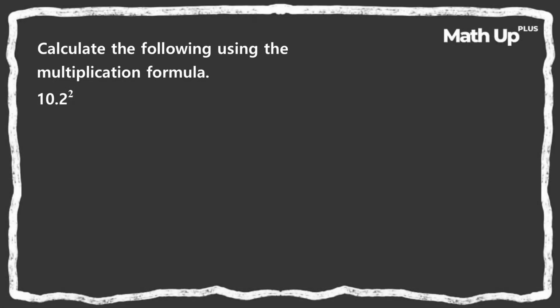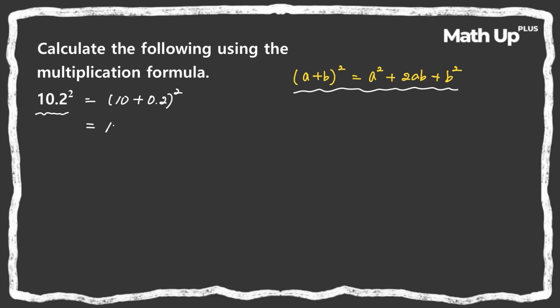The question is to calculate the following using the multiplication formula. We know that (a + b)² is equal to a² + 2ab + b², right? So 10.2² can be written as (10 + 0.2)². And that is equal to, using this formula right here, we have 10² + 2 times 10 times 0.2